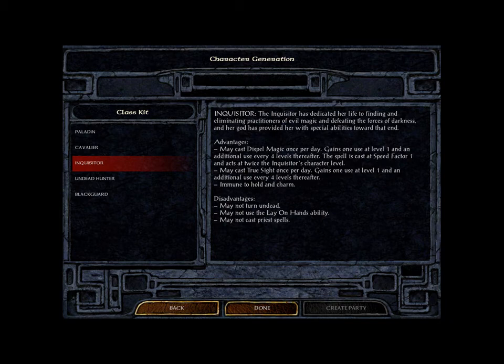We get into the third ability, which I think a lot of players look at as a sidebar, the ability to be immune to hold and charm. And that's nice. That's really, really nice. Not only just from the perspective if you're playing a no reload type game, but there are charm and hold spells that will get cast in BG1 and BG2 that have a good chance